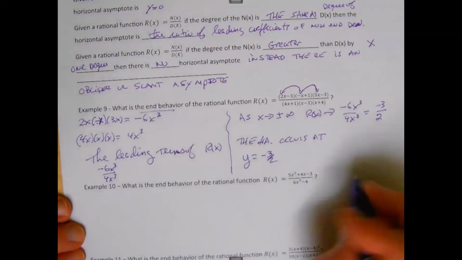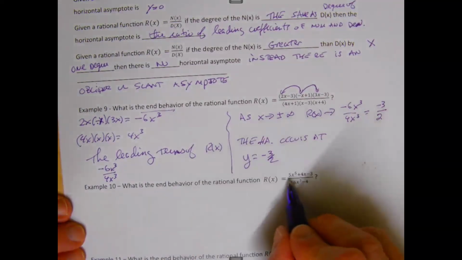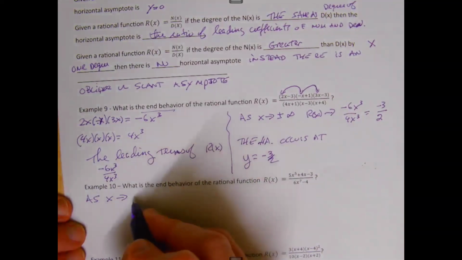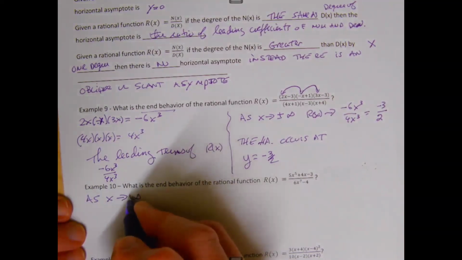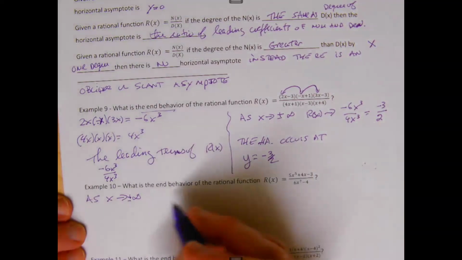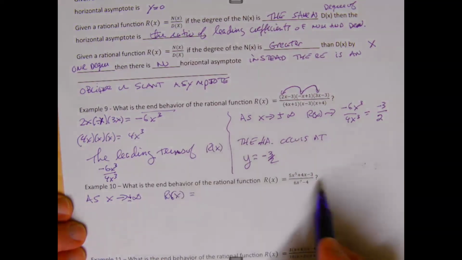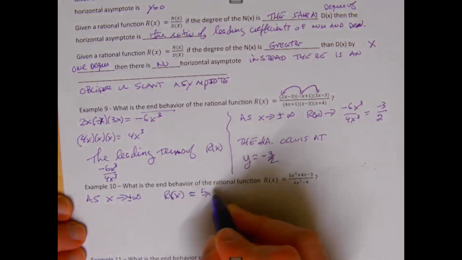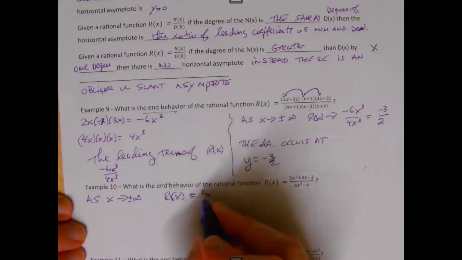So what we have is this: as x gets really big, this term and this term are not producing much. So as x approaches infinity or negative infinity, let's pause. What's happening to this function? r of x is approximately equal to these highest terms. So 5x to the 5th,